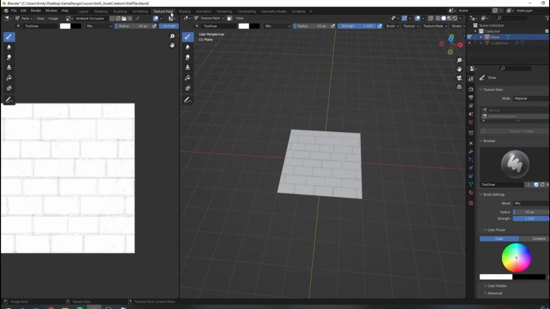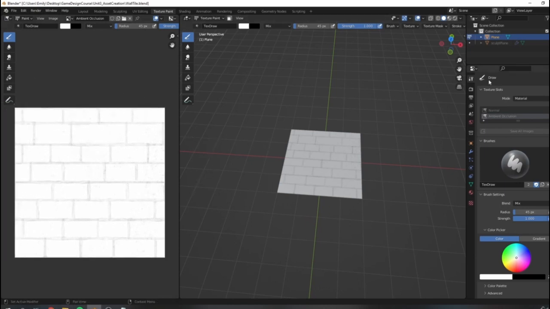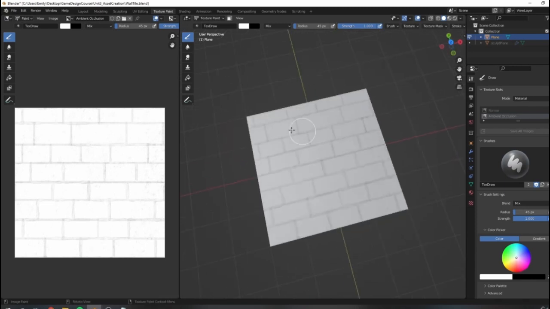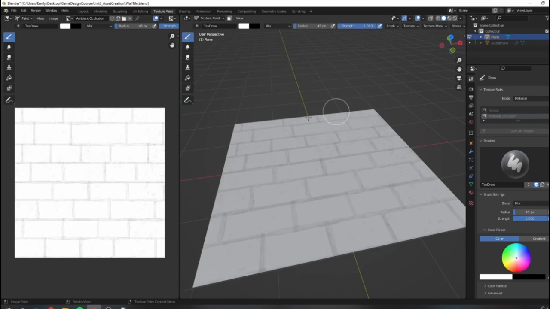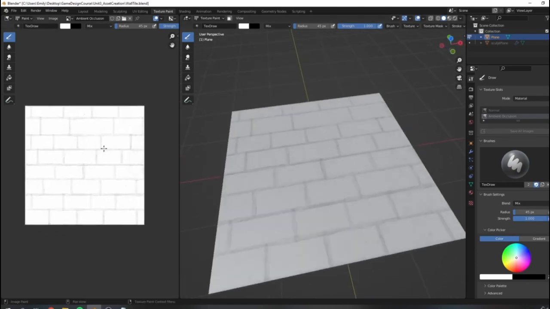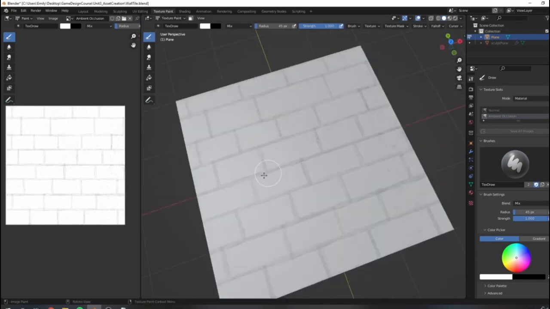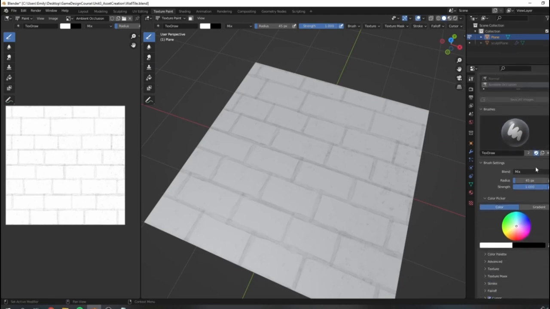So switch over to the texture paint workspace if you have not done so already. And what we need to do, just like we did with baking, is add a texture to paint into for this to work properly. So this is the texture paint workspace. We have our 3D view right here on the right hand side. We have an image preview on the left hand side. And the thing that is really specific to texture paint here is all of these brush and color settings